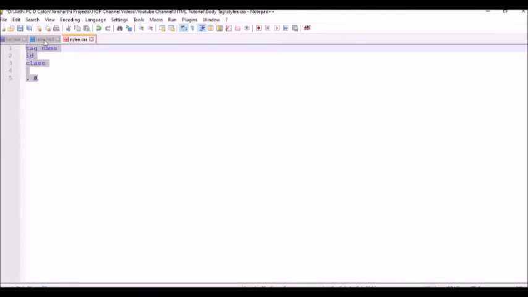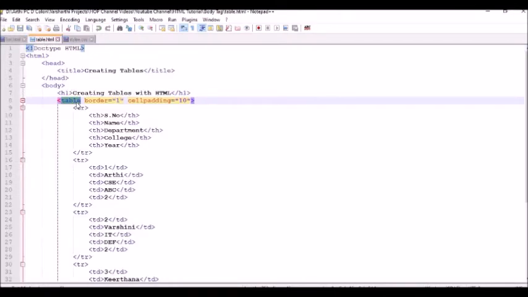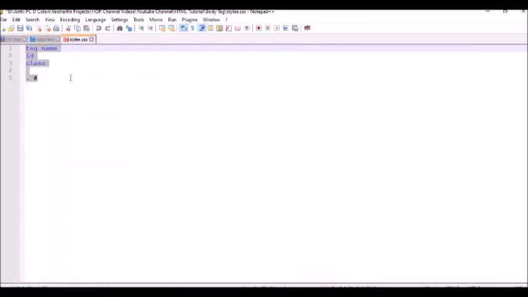Once again I am repeating this. If you want to add CSS for your HTML content, you can add it in three ways, which are external, internal and inline. In internal and external, you can define your CSS properties with the help of attributes or the tag name. If you want to define your CSS properties using the class attribute, you should use the dot operator before your class name.